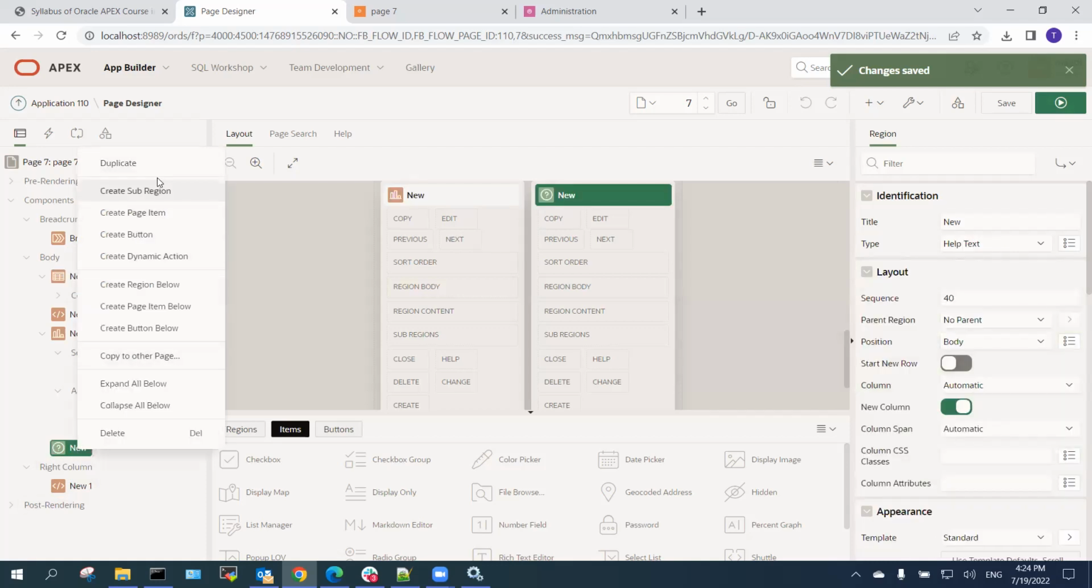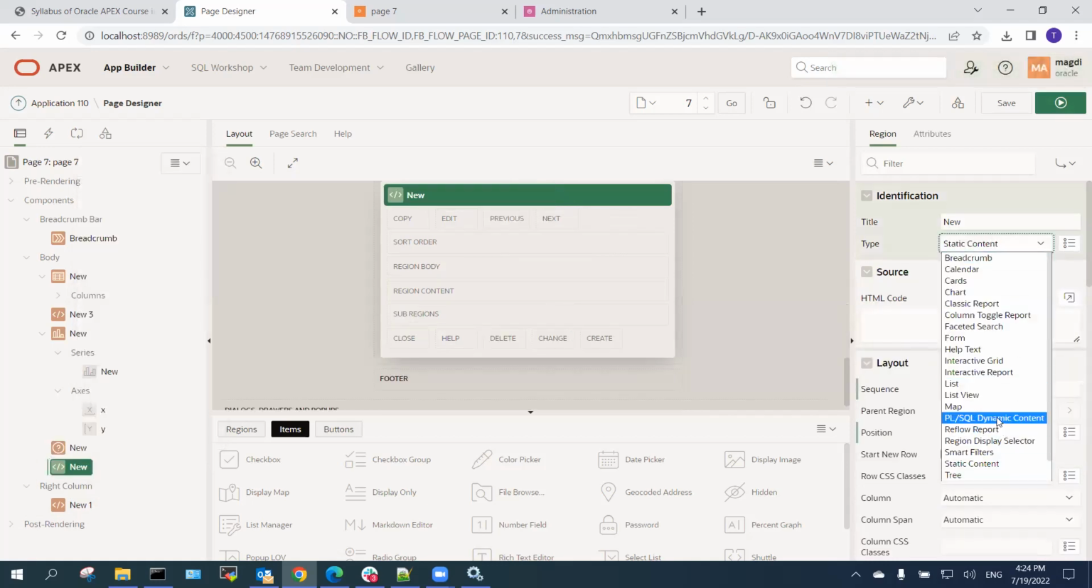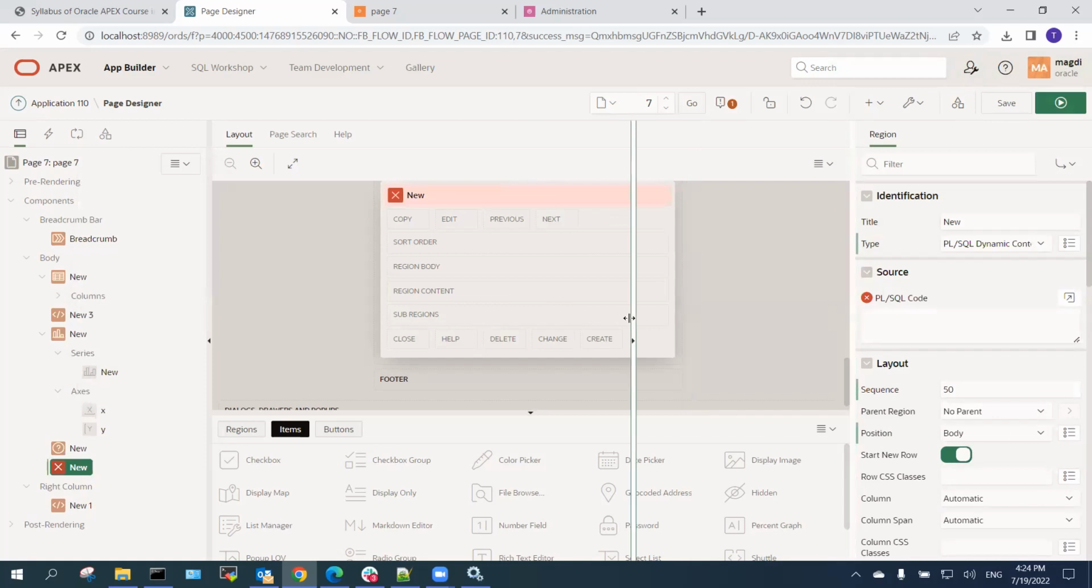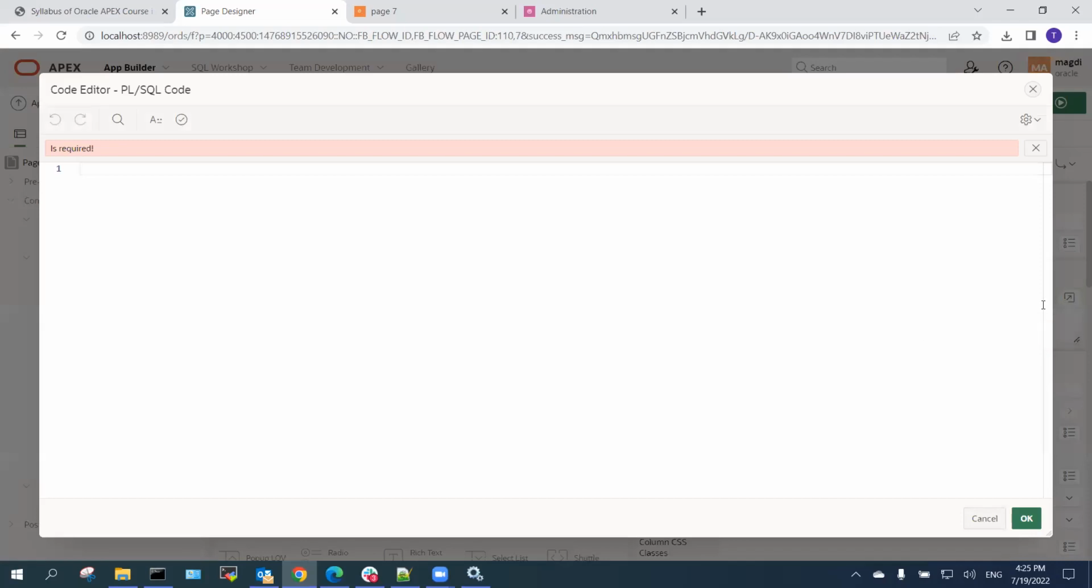We have different types of regions like help region and breadcrumb region. We can create something more advanced, called a PL/SQL dynamic region. You can take the same query here. You can say begin, and we can make this, sorry, declare. You can create this as a